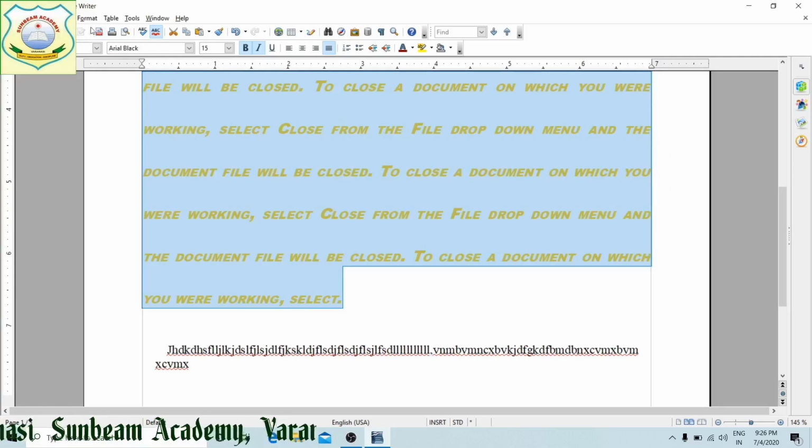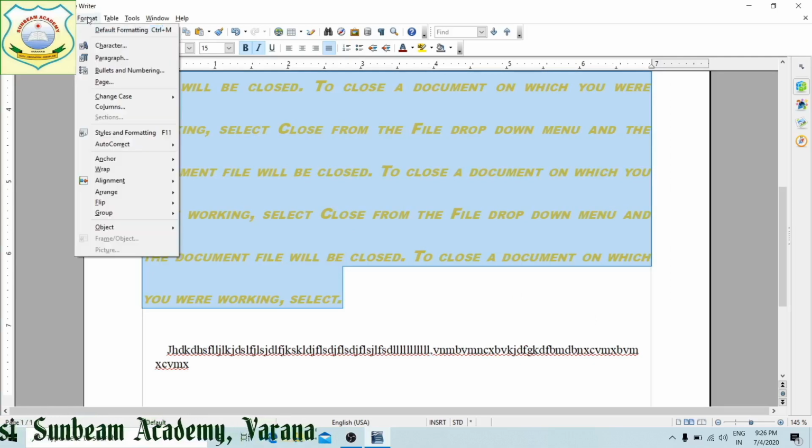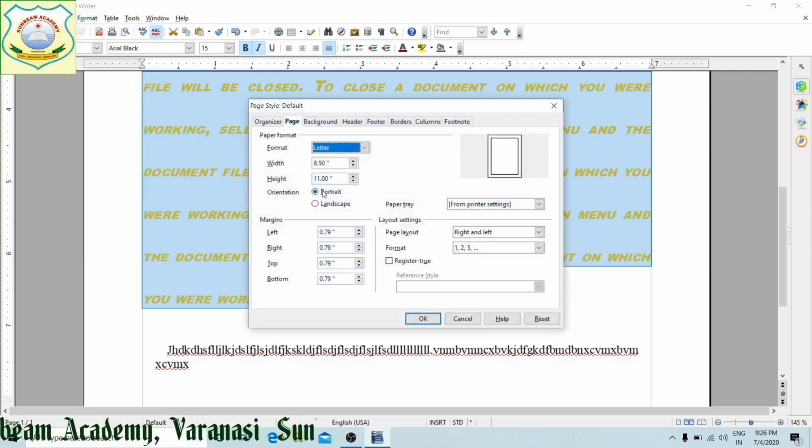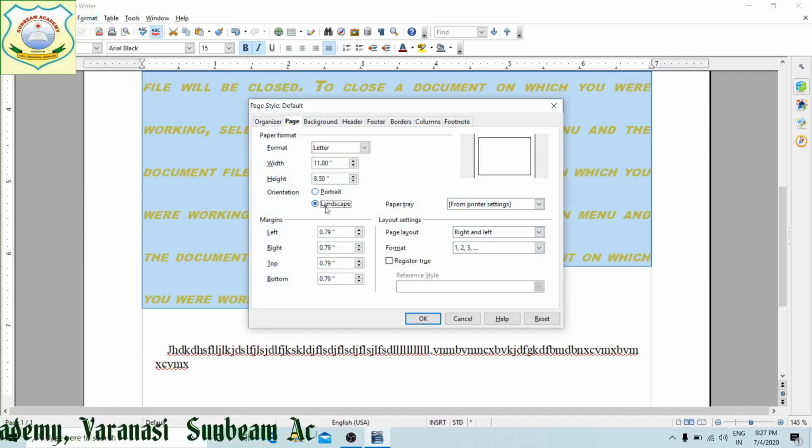Now orientation, page orientation. There are 2 types of orientation. One is landscape, one is portrait. When you click on format page, here you can see portrait, means vertical height, means height of the page will be greater than the width. When we switch over toward landscape, width will be greater than your height.